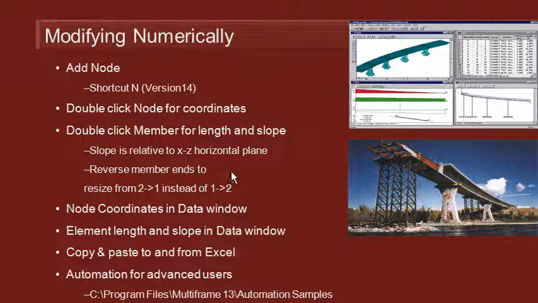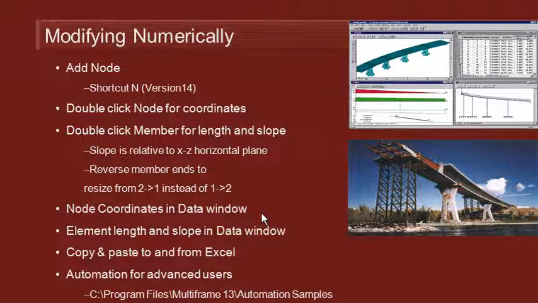When you're changing the length of a member, normally node 1 is held fixed and node 2 is allowed to move, but there's a reverse member ends command to allow you to fix node 2 and then have node 1 move. If you want to modify the nodal coordinates, it's also possible to do that in the data window where